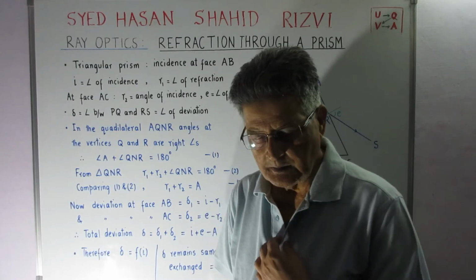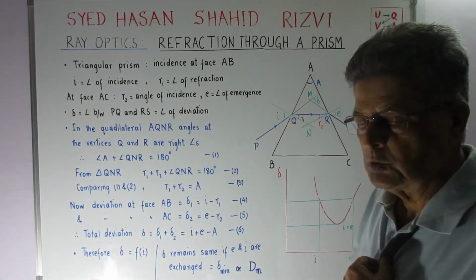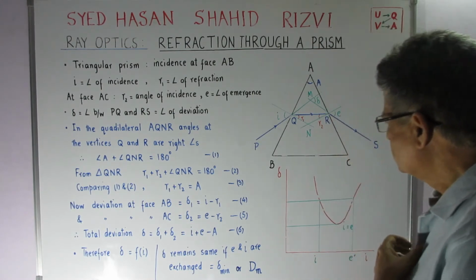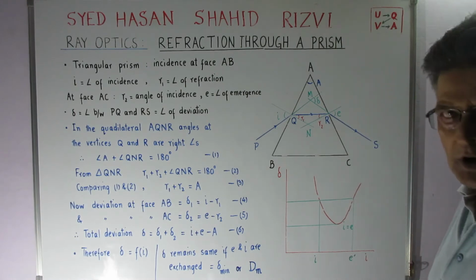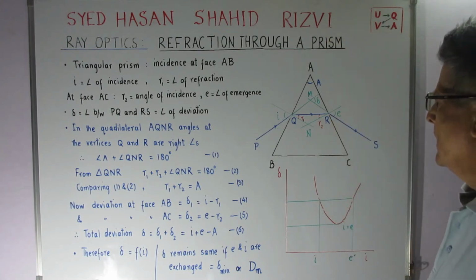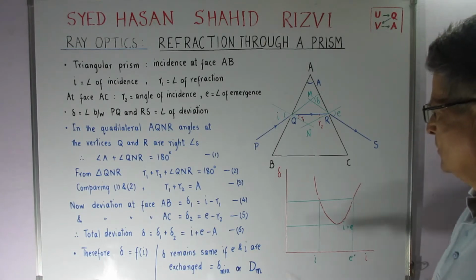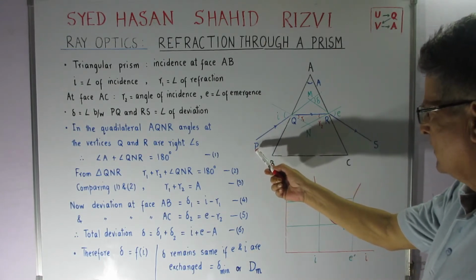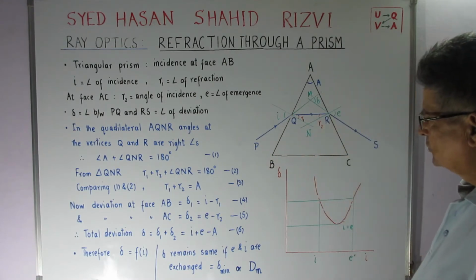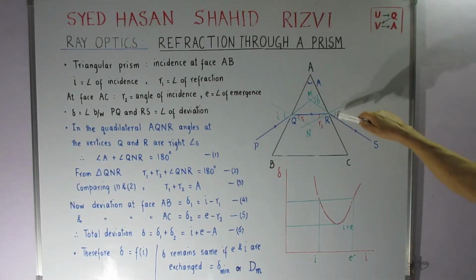So welcome back, and today, as promised, I'll look at the refraction through a prism. A prism that we have taken, a simple prism, which is a triangular prism ABC. This is a section of the prism, and the ray of light has been shown to emerge coming from P to Q, and inside the prism it goes through Q to R, and it emerges on the other face AC,